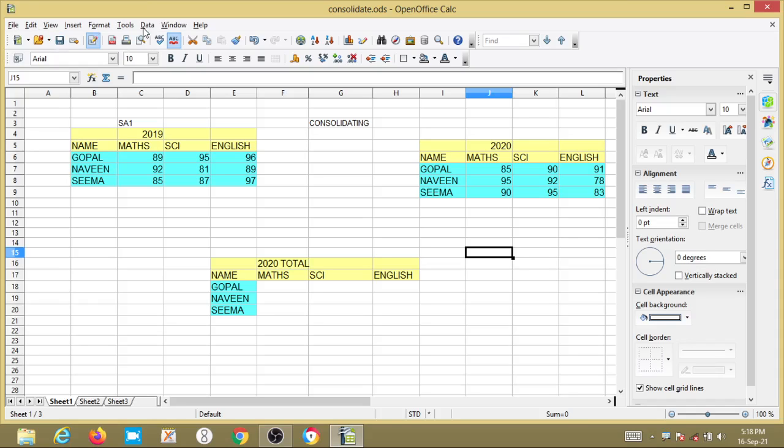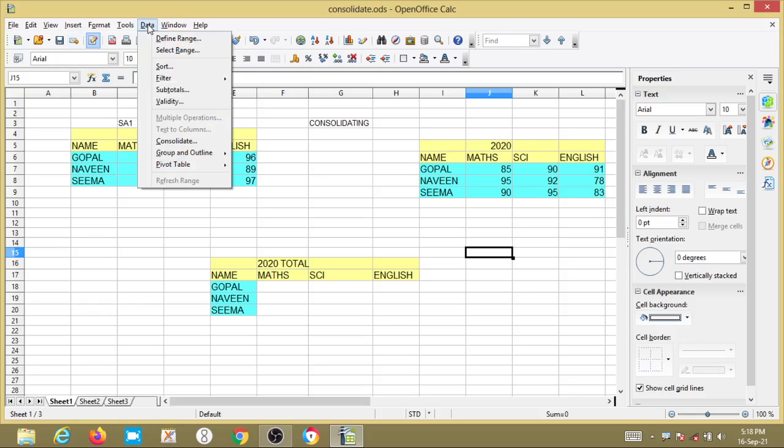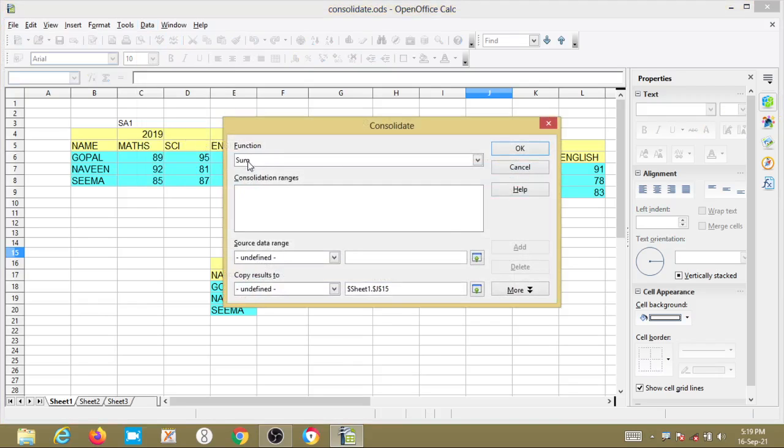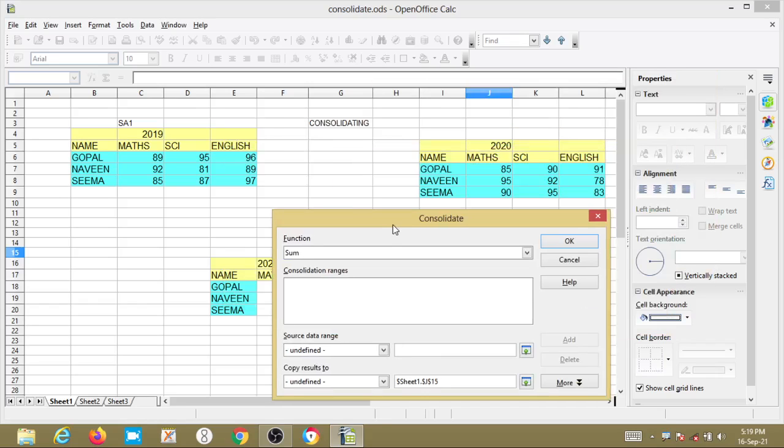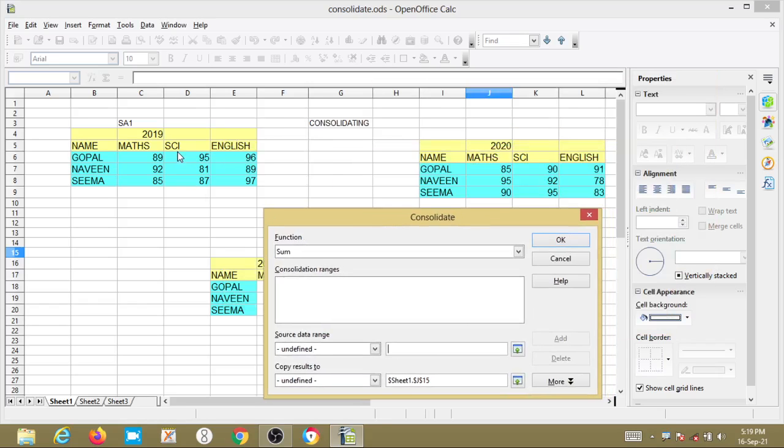Click on data. In this drop list, consolidate data will come. A dialog box will come. In this, the function I have to perform is sum, an arithmetic operation, adding the numbers.